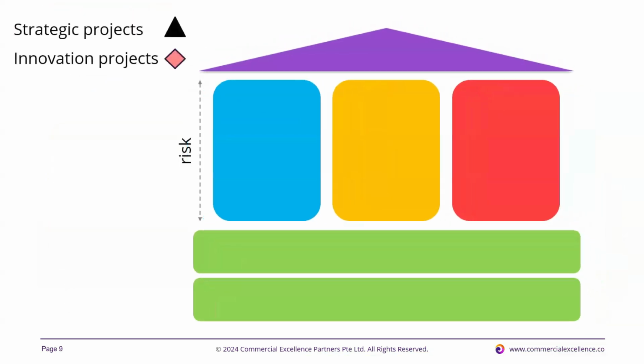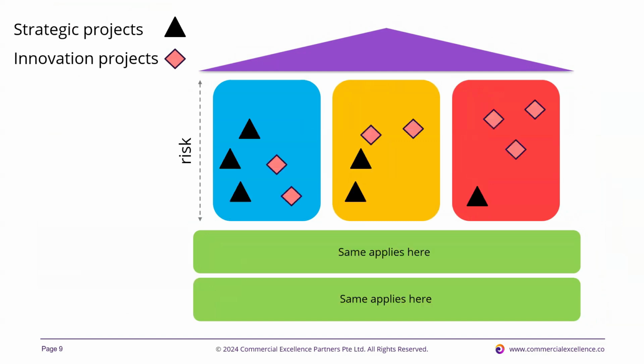Now, when we look at the strategy development process in an organization, we're always thinking about risk. So some projects are going to be riskier than others. And typically, strategic projects, while they might be bold, quite often they're not as risky. And so if this core here is really around, let's say, improving the core business, we're going to have a lot of strategic projects that we can do, but we might have some innovation projects as well.